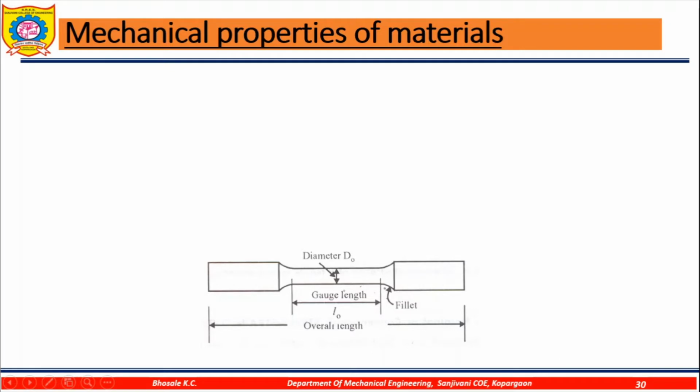In this session, we are going to study the stress and strain diagram and mechanical properties. For conducting the tension test, we are using one specimen. D0 is the original diameter, and there will be a gauge length. We turn the specimen to the required diameter. The diameter can be taken up to 12 millimeter and the gauge length will be 5 times the diameter. As per the Indian Standard, we use this ratio.